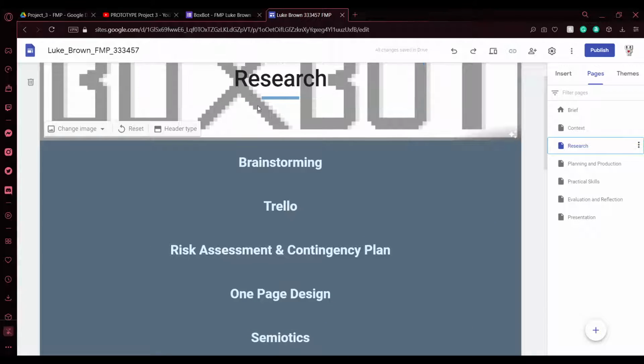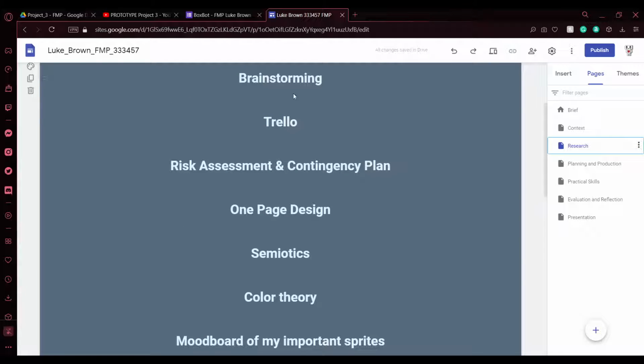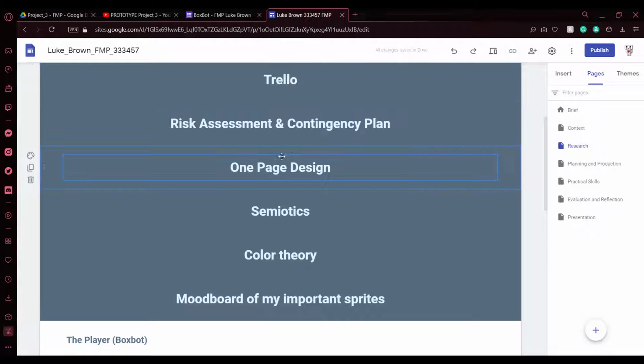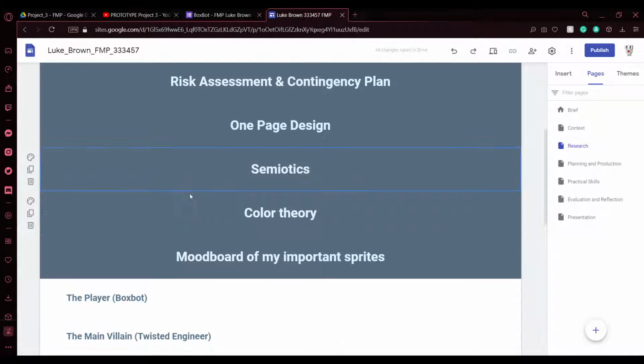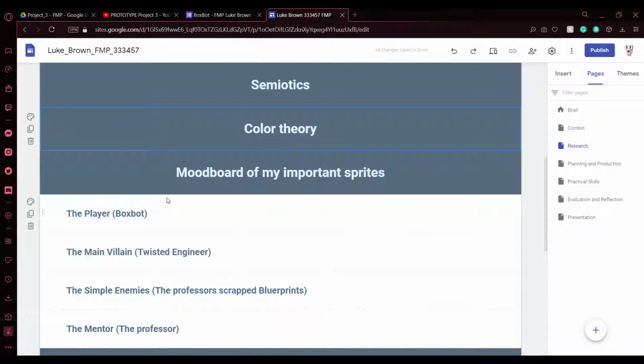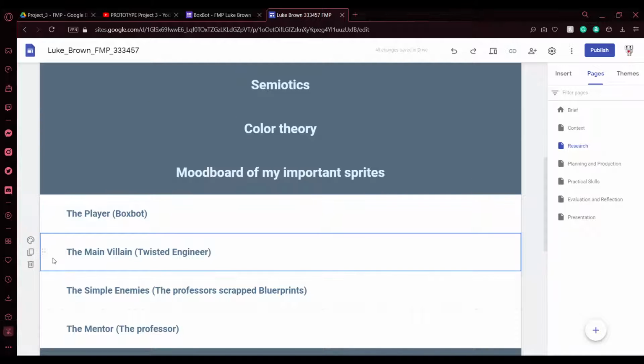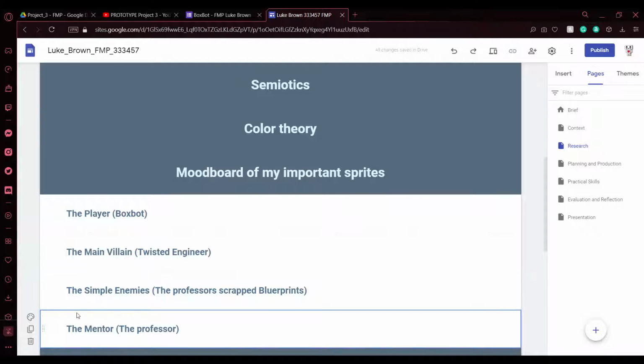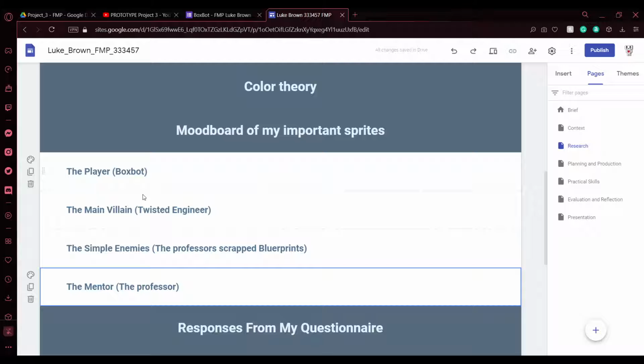So, of course, as seen here in the research, I have mentioned the different titles: brainstorming, Trello, risk assessment, one page design, semiotics, color theory, mood board, to which I have added subheadings, which allow me to post.